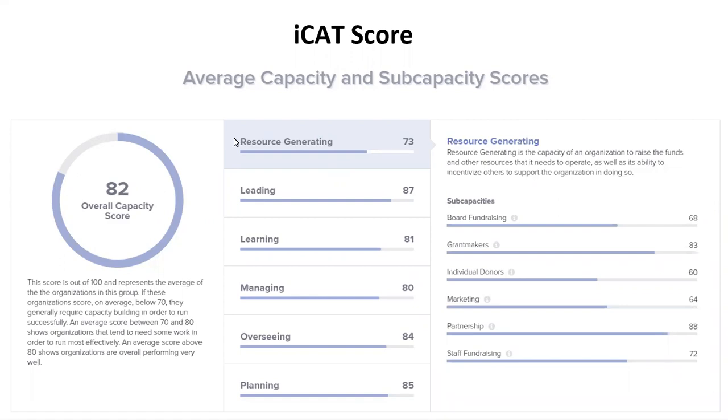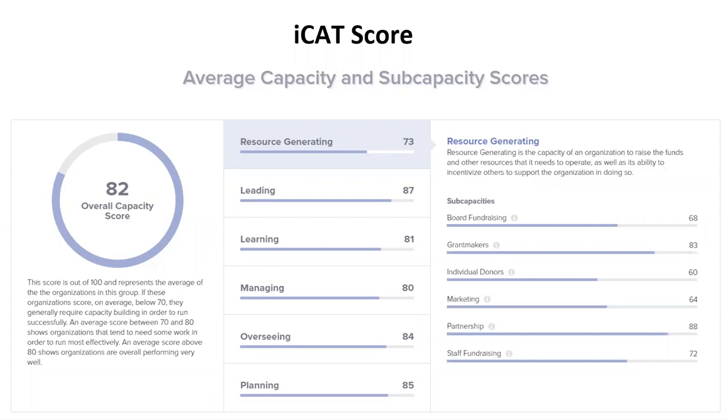So in this example, we're looking at an organization with an overall score of 82, looking like they're pretty healthy. Resource generating, I will tell you right now, is generally the lowest score, folks, and these scores are, again, snapshots of the survey respondents' experience of the organization.